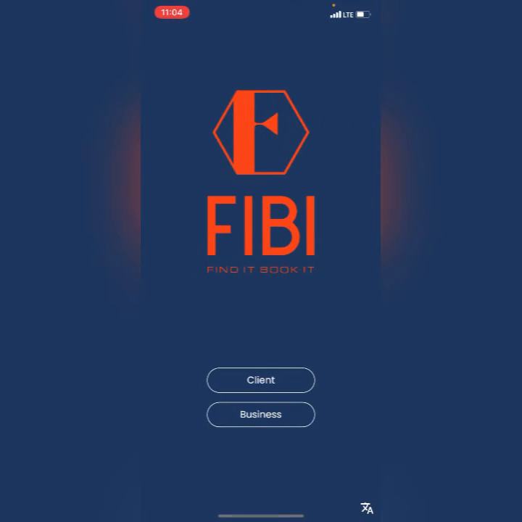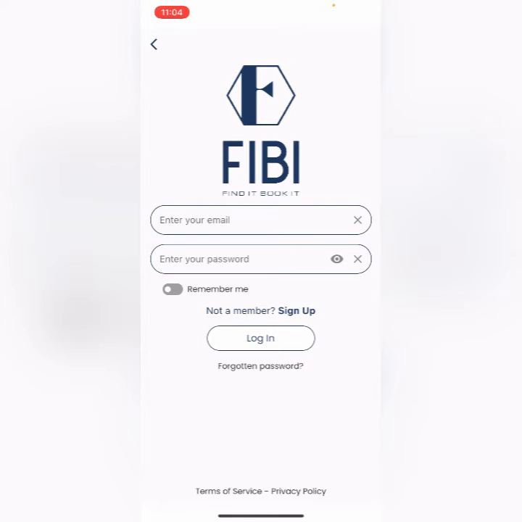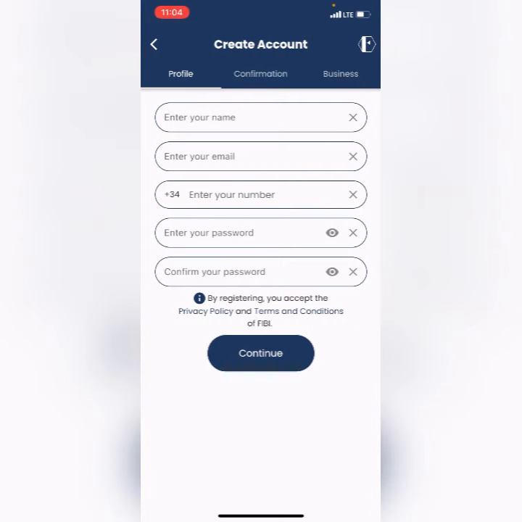Now we'll go with the business part. Business, we have to first create the profile, confirm their number, and also add all the services and all the barbers.